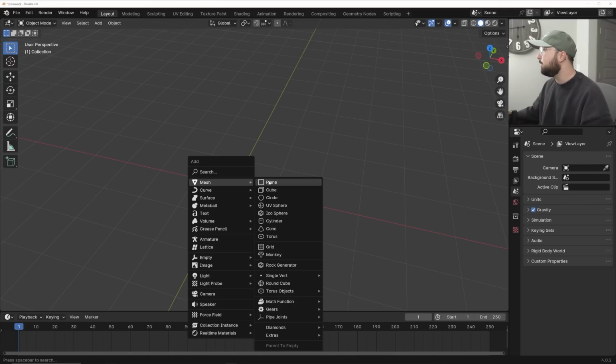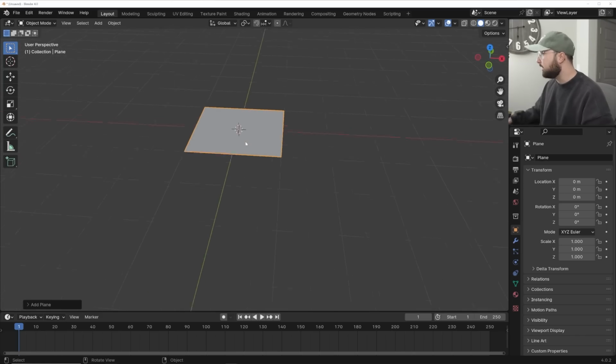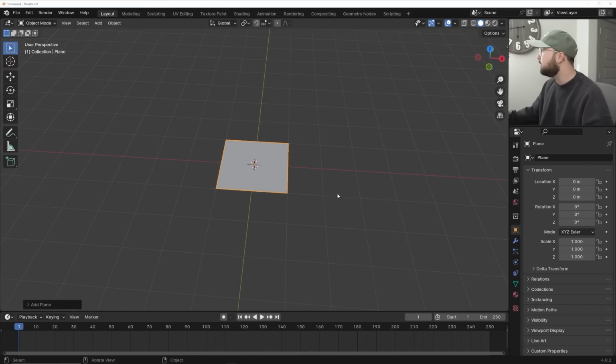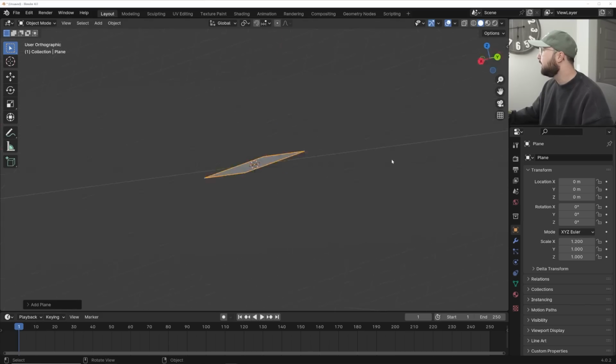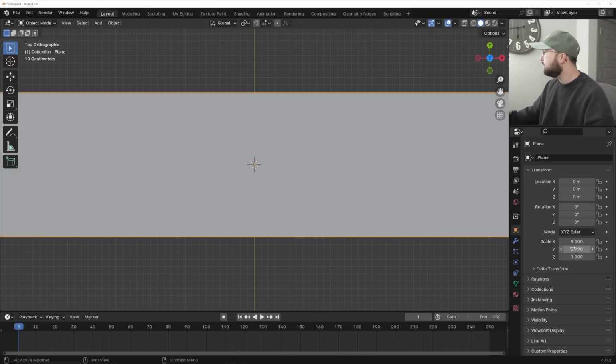So what we're going to do is get a plane right here, and we need to set it up to be the right aspect ratios for the video that we're putting on it. So it is going to be a 16 by 9, 1920 by 1080 video, or if you're using a square one, then just keep it square, but it's best to know the aspect ratio of your video. So what we're going to do is make it on the X, 9, and the Y,